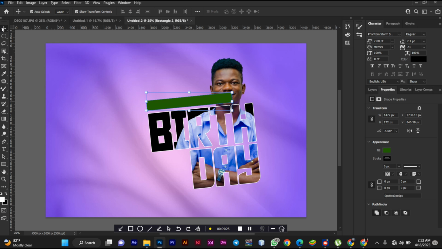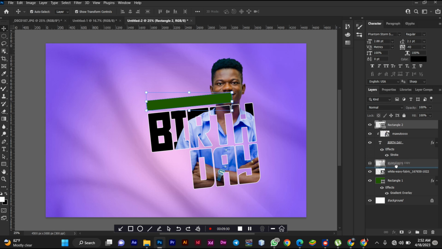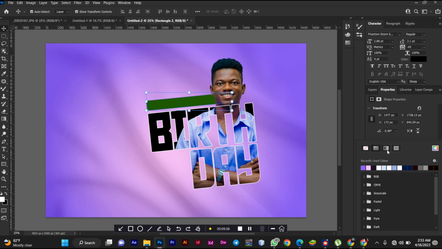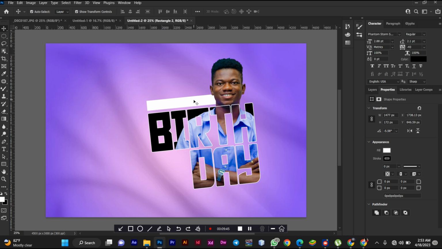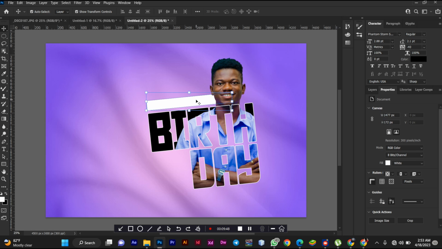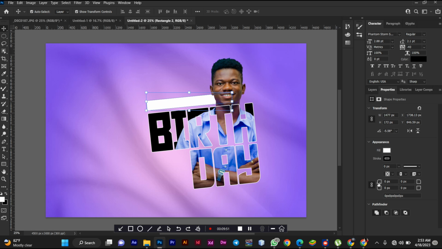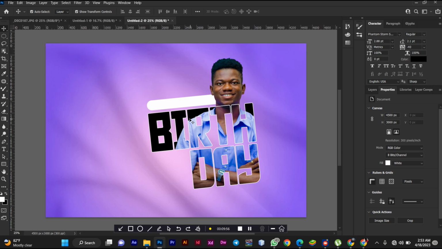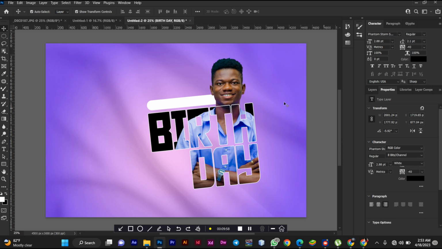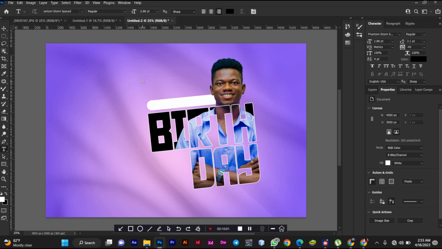Okay, but then I have to move this to the back. It's covering the image, so I'll send it to the back. So I'm going to change the color. Yeah, I think white is okay, but I want some heavy edges, so just do this. You can choose not to bring the curvy edges, but I'm choosing to bring it, so I'm okay with this. Then I'll click on this and bring in the happy